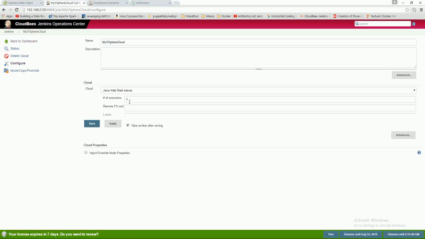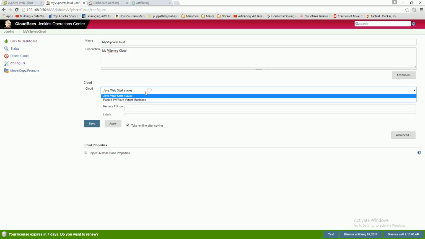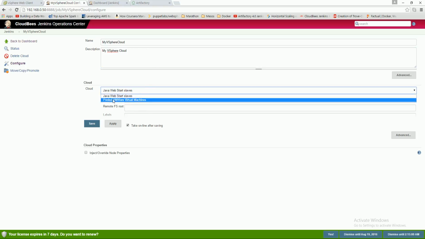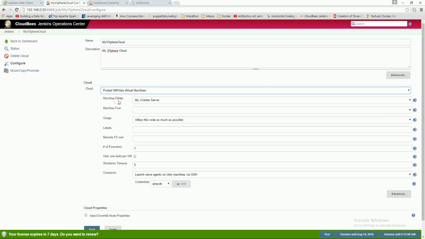Here now you can give anything, just my vSphere cloud, and here you have to select the pool which we created, pool virtual machines, and here you see that my vCenter is already selected,